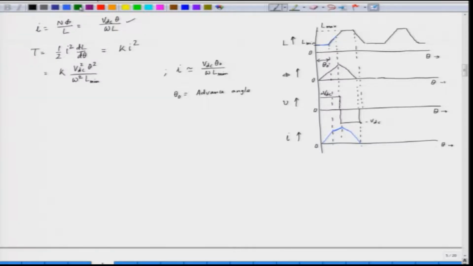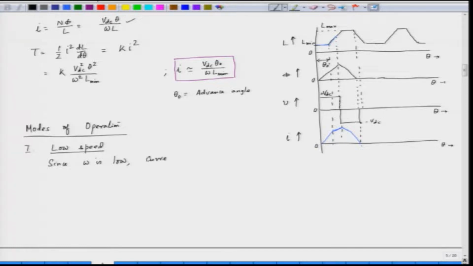Now, we see here that this is the torque that we have, and this is the expression for the current. Now, we have low speed and high speed. When speed is low, current rises very quickly. So, we have to limit the current. So, the converter is operated under the chop mode. So, we have the modes of operation here. So, one is low speed. During the low speed, since omega is low,